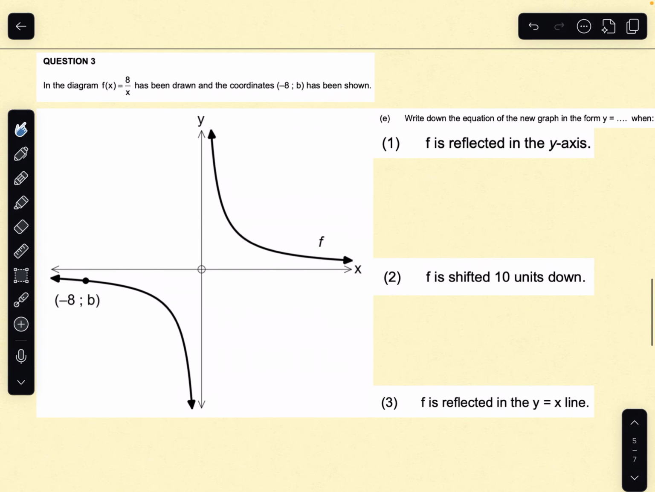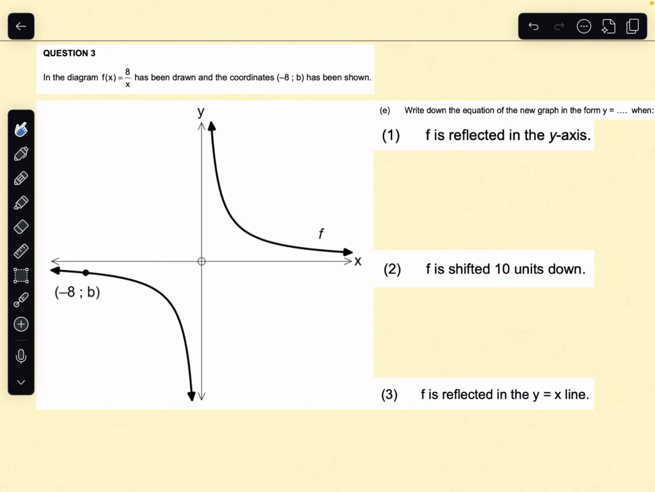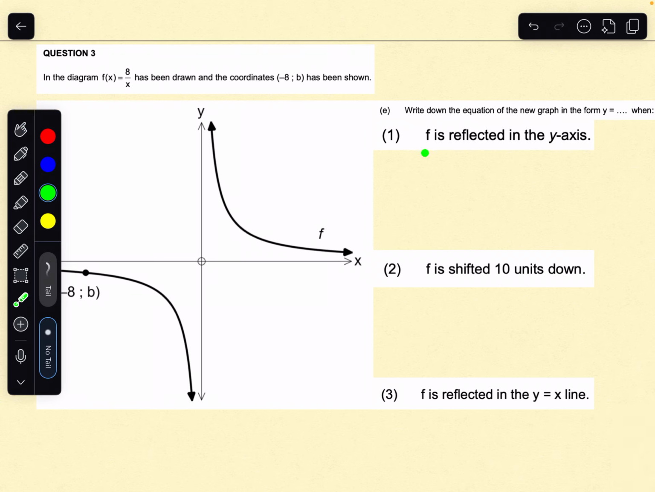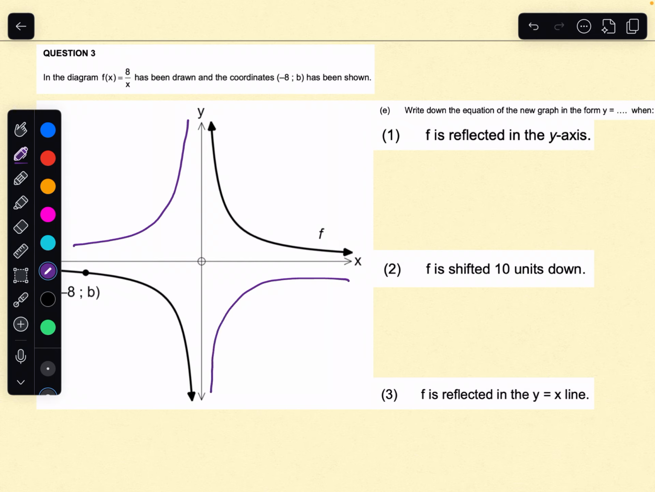Next up, we are asked to write down the equation of the new graph in the form y is equal to ... when f is reflected in the y-axis. Okay, so that would be this guy, right? That would be our function number 1, and that is the graph y is equal to negative 8 over x. Another way that we can think about this, algebraically,